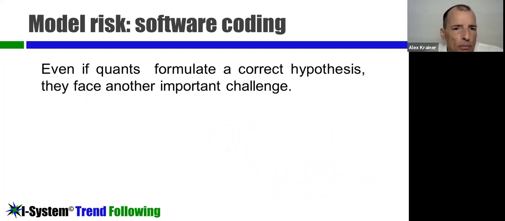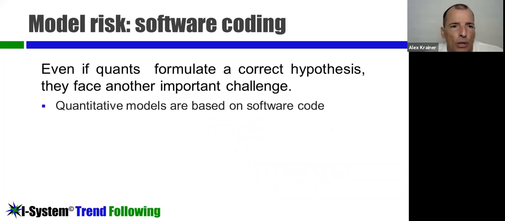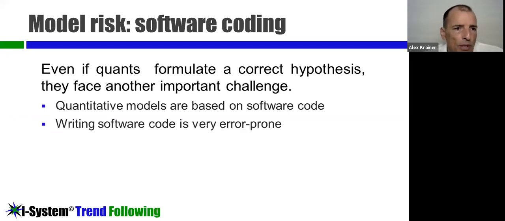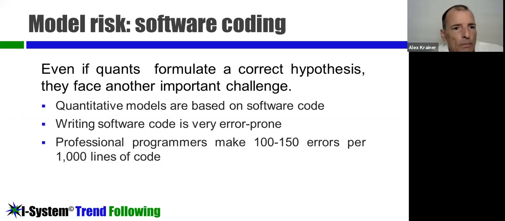The second set of problems with quantitative analysis is software coding. Even if quants formulate a correct hypothesis, they face the next important challenge, which is related to software coding. Namely, quantitative models are almost always based on software code. Writing software code is always very error prone. And we know that professional programmers make between 100 and 150 errors per 1,000 lines of code. And this is an empirical fact from a very large study by,